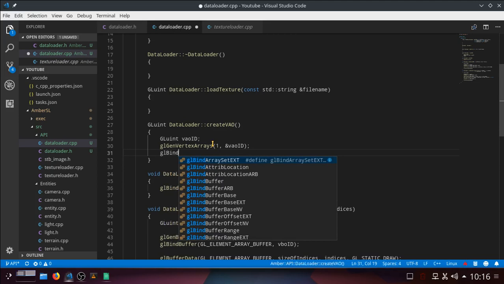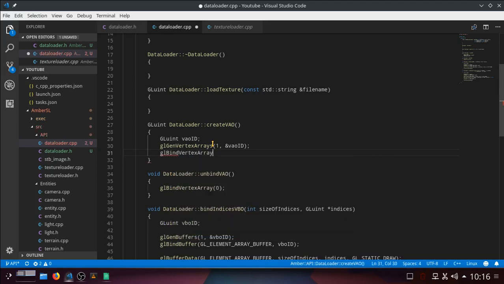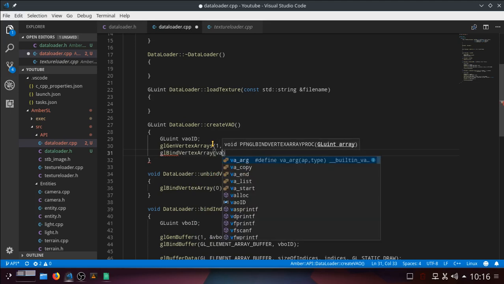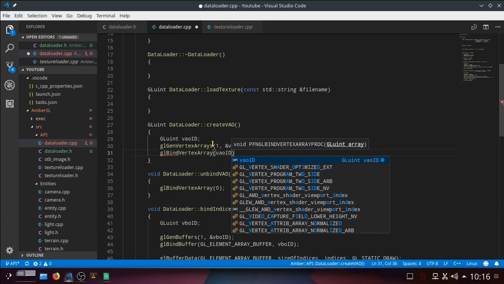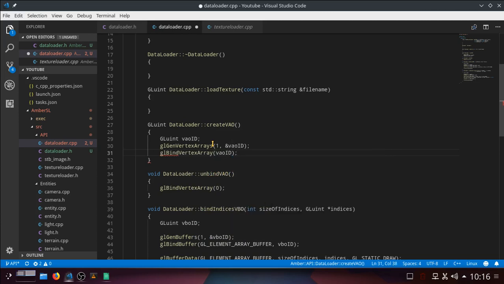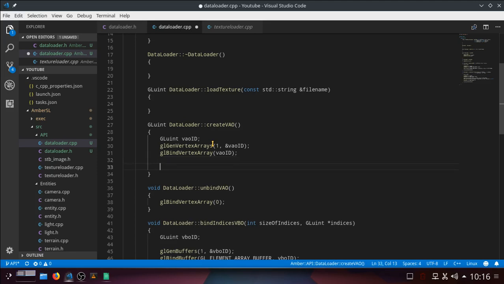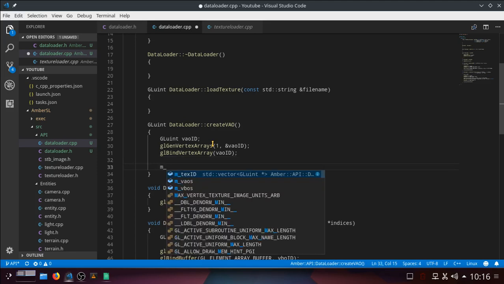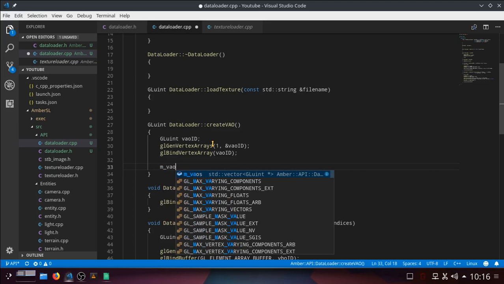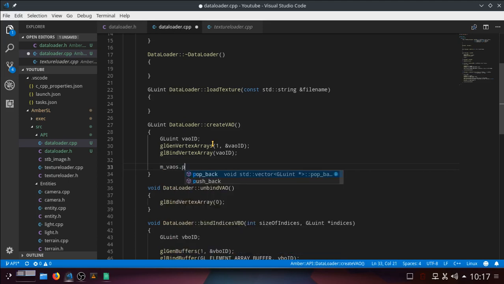Vertex array. And that's just going to be VAO ID. Straightforward again. That's correct, isn't it? Yeah, thank you. And we don't need to do anything else. So we'll store that for later, so we can delete it. Push back, please. And it'll be the address, yeah. It's got a star on it, so it's